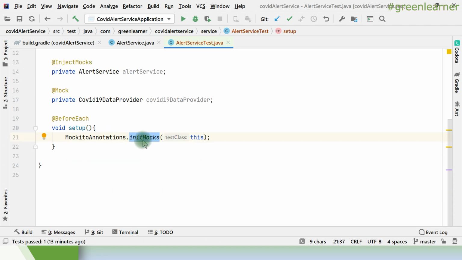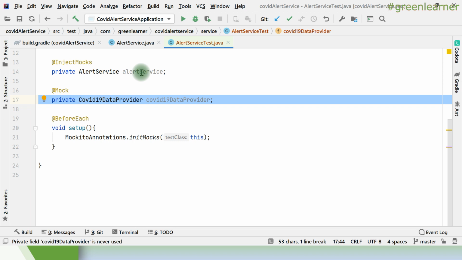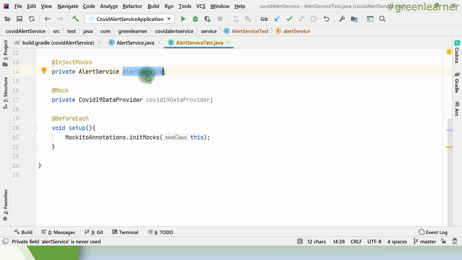So why am I doing this initMocks? When you are using @Mock and @InjectMocks, the instance of the mock is created properly, right? And the dependency that this mock provides will be autowired into the alert service with the @InjectMocks annotation.